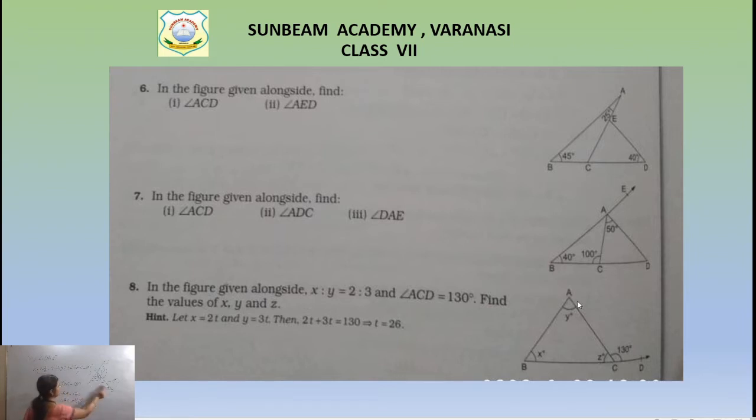Let me draw the diagram for you. You can also draw it or you just read the question because it is your homework na. So read the question. Maybe it is clear to you while reading the question only. So we are having a triangle ABC and one point is D. Angle B is x, angle A is y, and the exterior angle is given to us, that is 130 degree. ठीक है? But x is to y angle is not given. X is to Y is in the form of ratio 2:3. ठीक है? They are asking find the value of x, y and z.